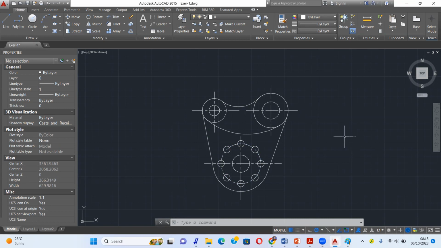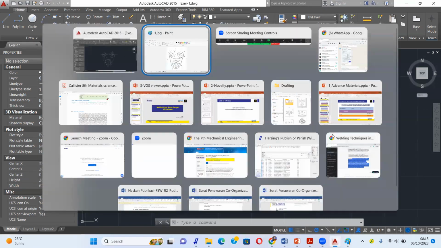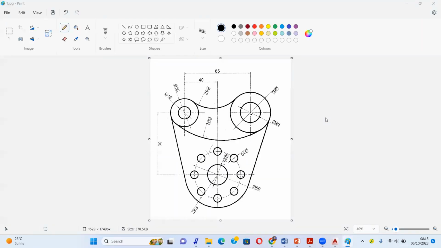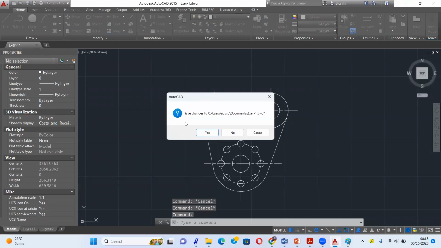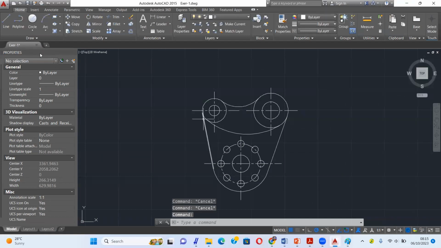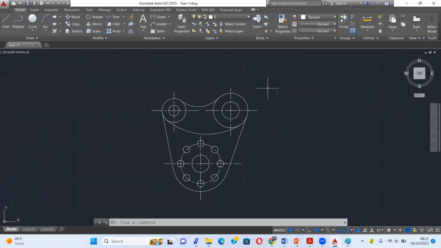Okay, after this, you can do the dimension. You can close the properties. Okay, then we continue to create a dimension.